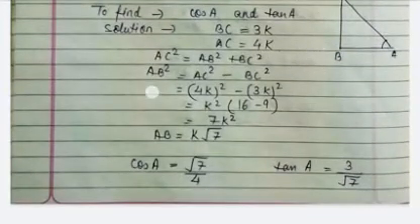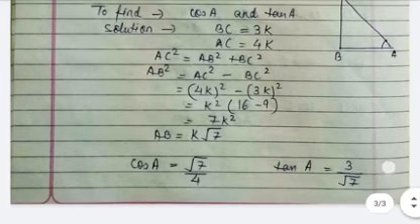Now using the Pythagoras theorem here, the value of AB square is 4K square minus 3K square. Solving this, taking K square common, the value here is K square into 16 minus 9, 7K square. The value of AB is K root 7. So the cos A is root 7 upon 4 and the value of tan A is 3 upon root 7.